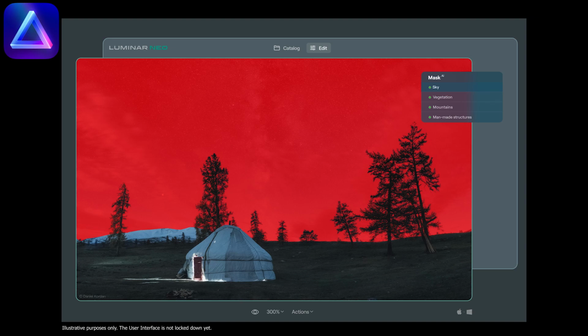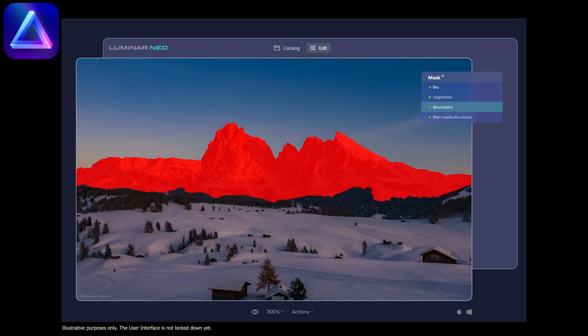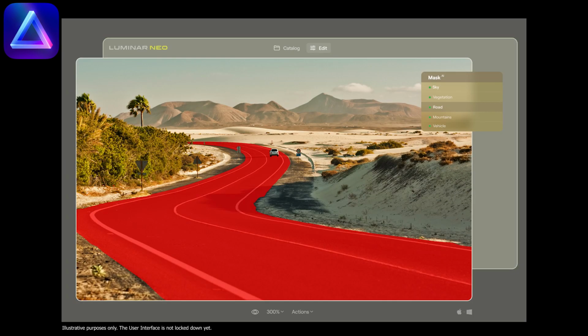Well, the Mask AI can be used to combine multiple AI powered masks to speed up editing, use a mask to target how a tool is applied. So you can actually use it to select certain areas. As the software progresses, so I'm told, there will be more things added to the Mask AI. And the visual that you see in the road there, you see sky, vegetation, road, mountains and vehicle. There is going to be more added to that. So that is one thing that I'm looking forward to trying out for selections.